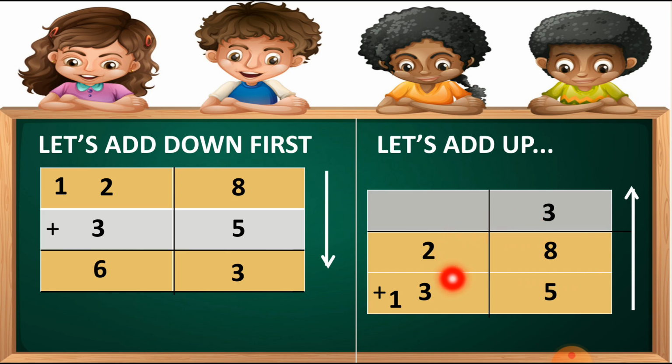Now students, at the tens column let's add this 1, which is the carry forwarded number, then 3 and then 2. So the answer of the tens column is 6. So you can see both answers are the same, 63 and here is also 63. So our sum is right, our answer is right. Let's see some more examples so you will understand this topic better, students.